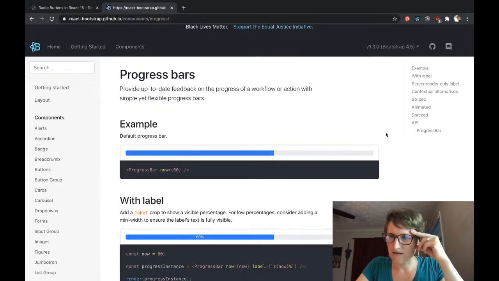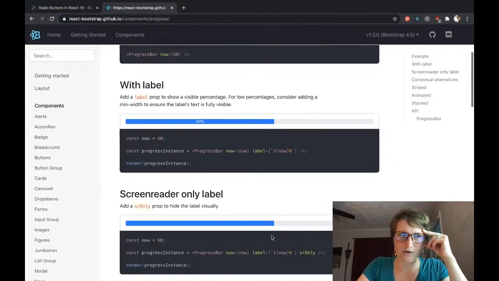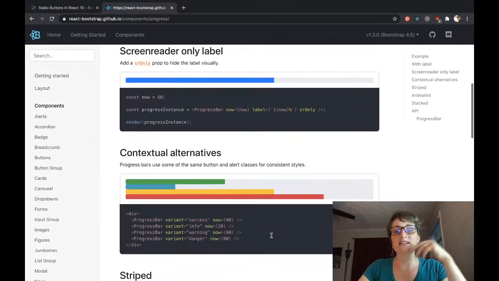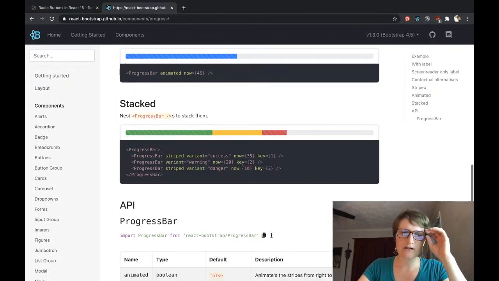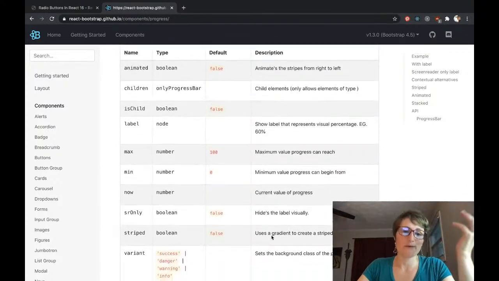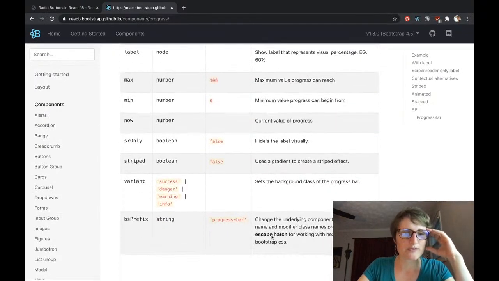How do you set the size of the progress bar? Do you have to hard code in the width, I wonder? Which wouldn't be a problem, I suppose, but